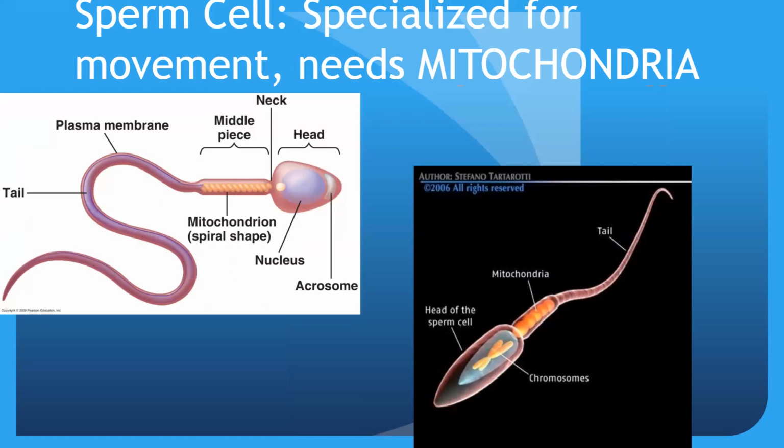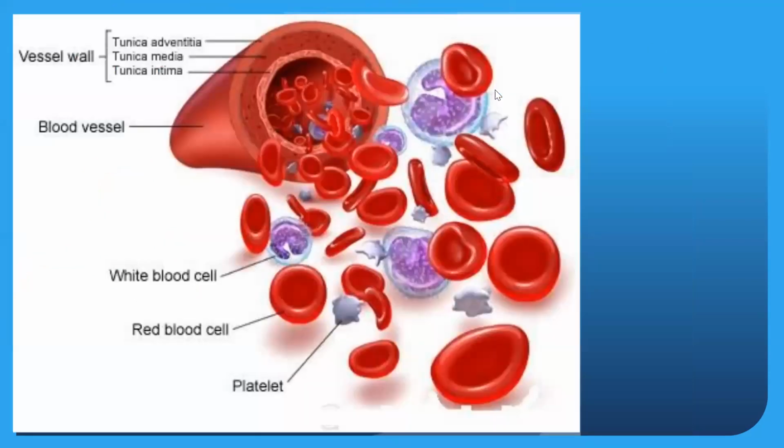So the sperm cell needs a lot of mitochondria. Why does the sperm cell need a lot of mitochondria? What do they have to do? What is the function of a sperm cell? Exactly. Its function is to swim to the egg, which is the equivalent of like miles and miles of walking for us. So sperm need energy in order to swim the distance. The mitochondria can do that. So you already guessed it.